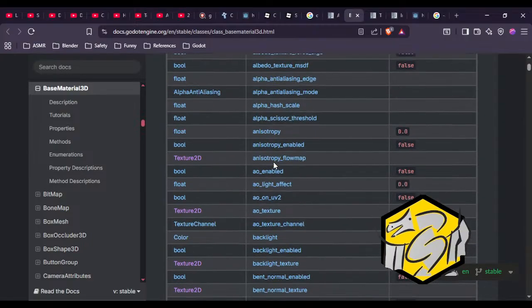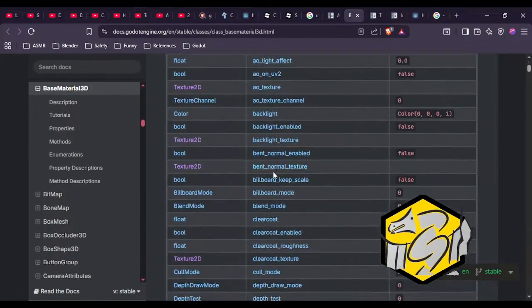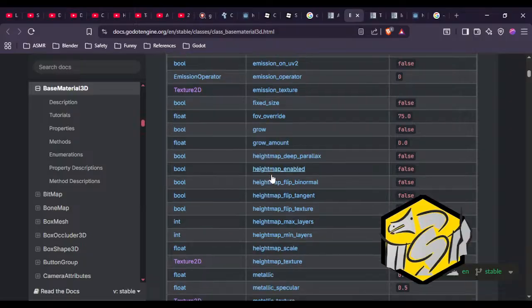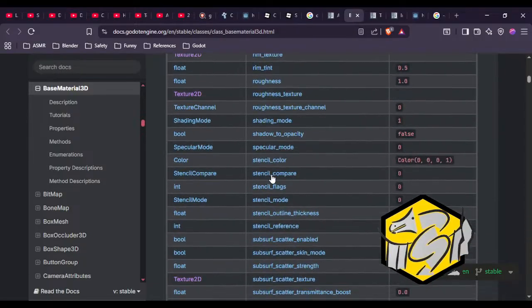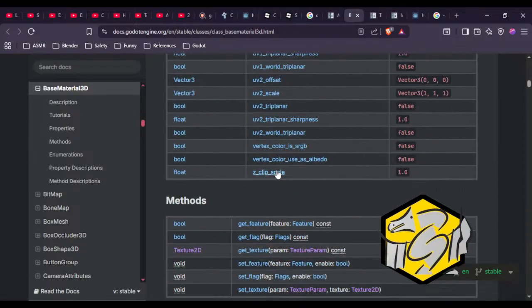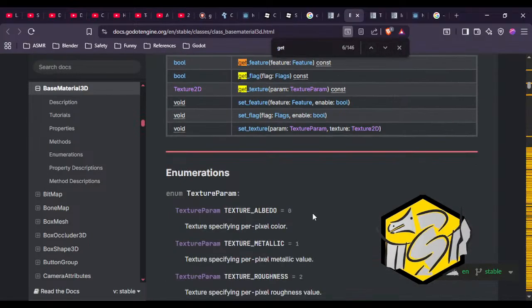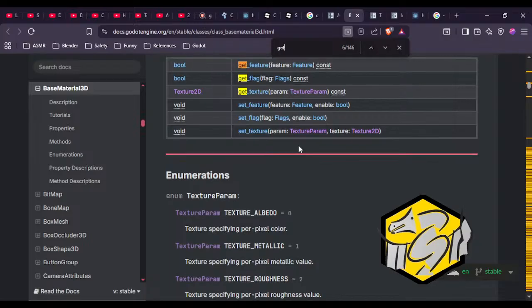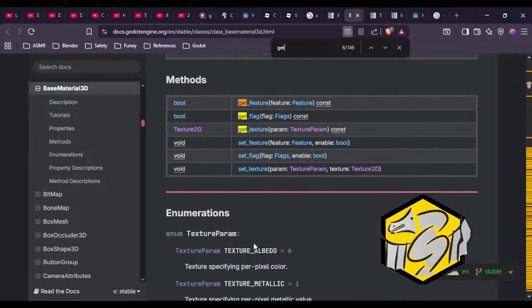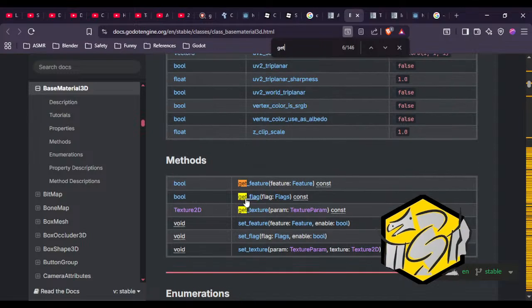Oh, there's a lot of cool stuff in here. Oh, it has a get texture. Ah, I found it.